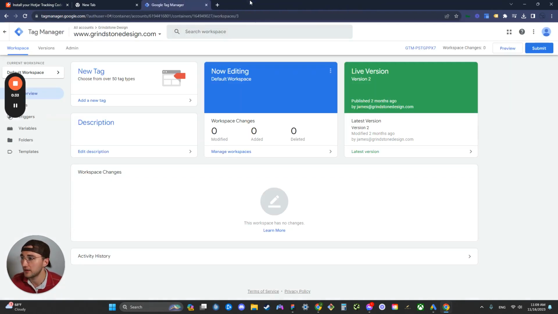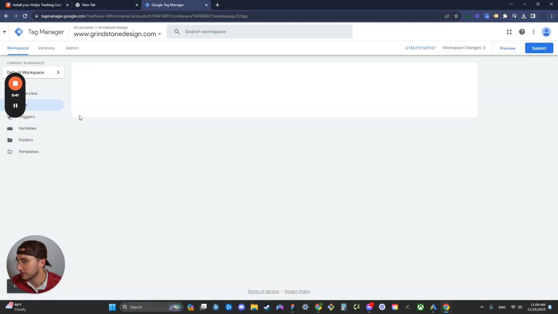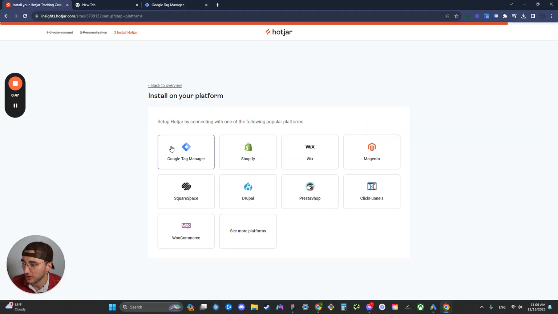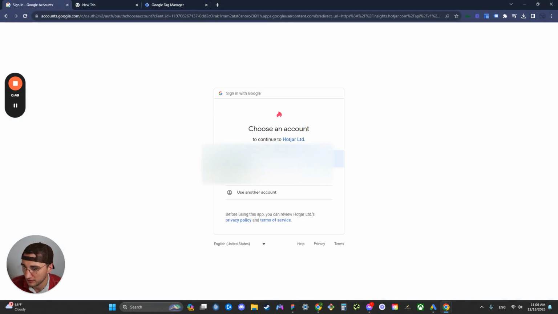I would recommend installing it with Tag Manager. Go ahead, create the account for free. You don't even have to set up any of the other tags or conversion tracking. So right now, we have no tags in the account. So we'll go ahead and select Tag Manager